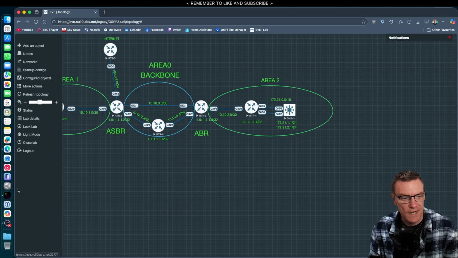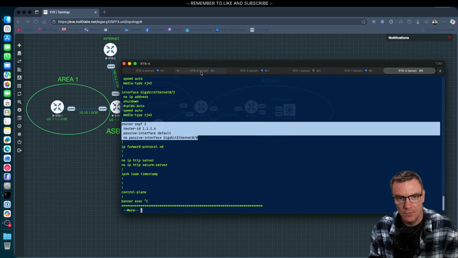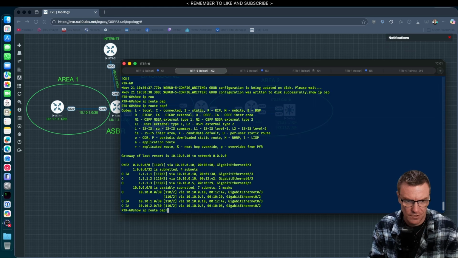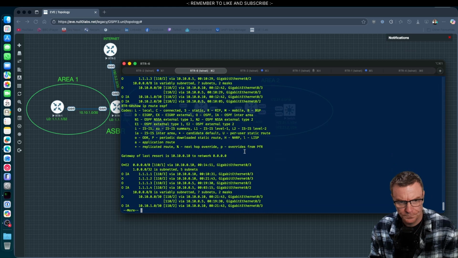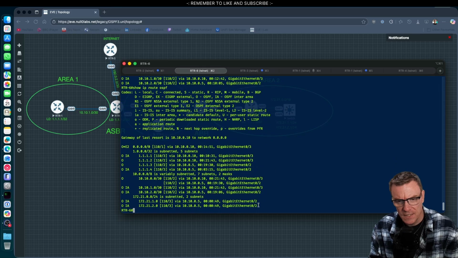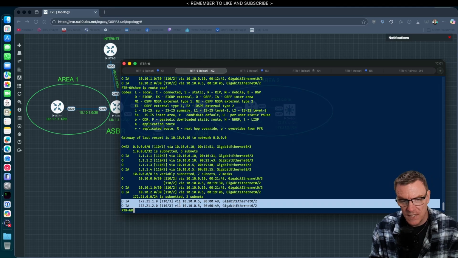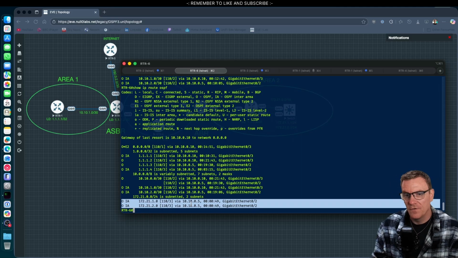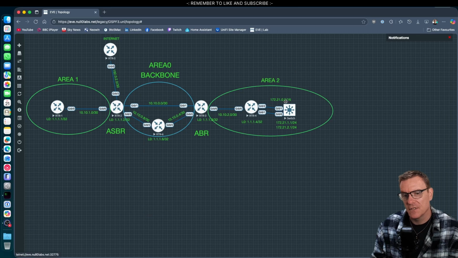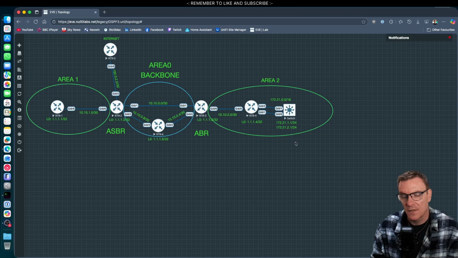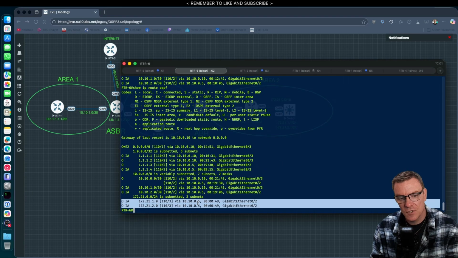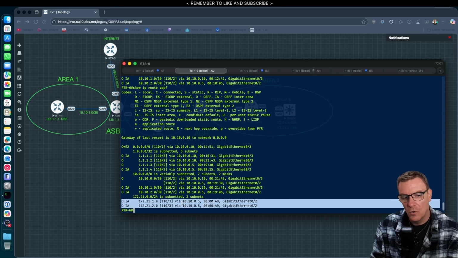Let's go and have a look at 6 again and see what we're seeing now. So we jump over to 6 and we'll do a show IP route OSPF. There we go. We can see that we have learnt about the 2 networks within area 2. We've received 2 /24 routes. Now, like I said before, you can imagine if we started advertising every single /24 out of that /16 block, that's a lot of individual /24s that will start to show up in the table, all going towards